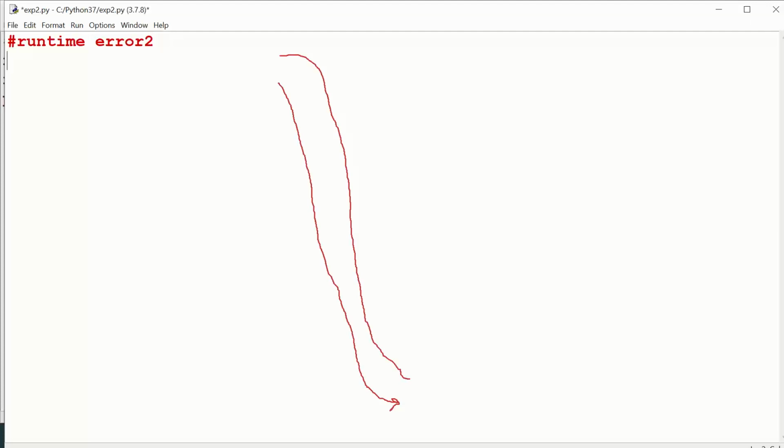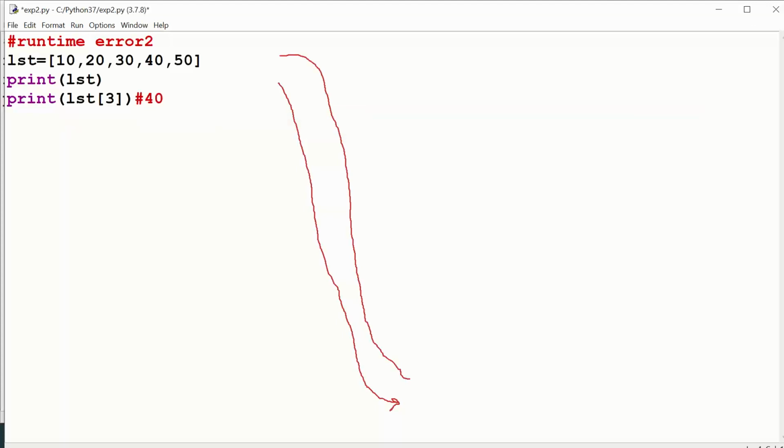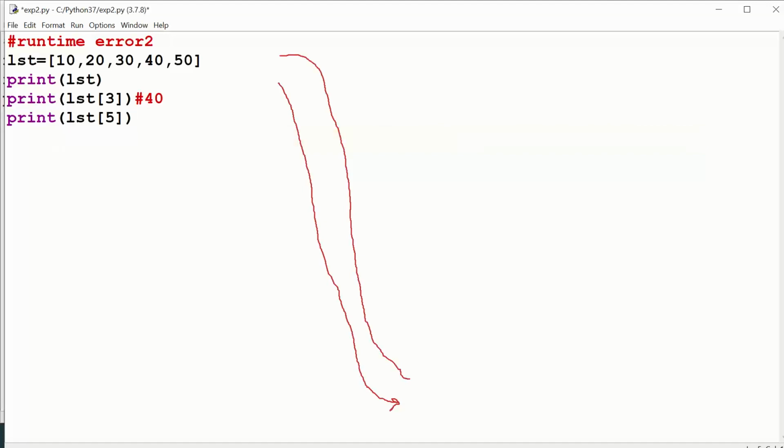Now let's say you take LST is equals to 10, 20, 30, 40, 50, right? Now print of LST is fine. Print of LST of 3 is going to display how much? 40. Am I right? Now let us go ahead and see print of LST of 5. Okay, so Control S